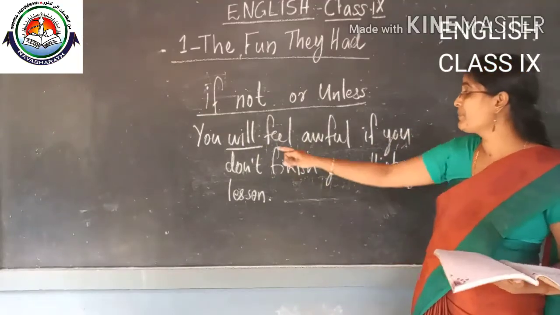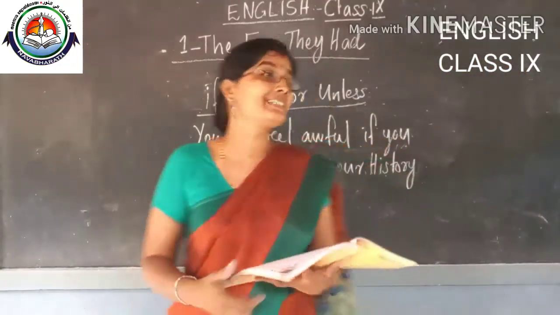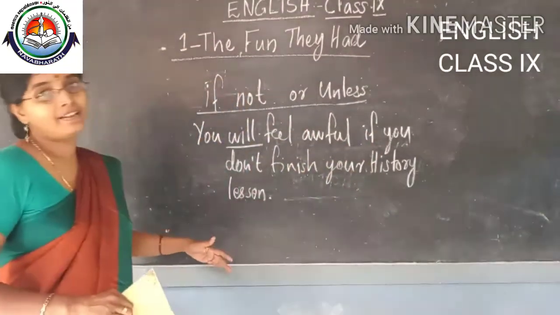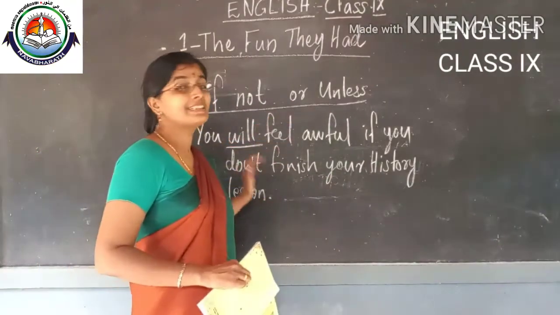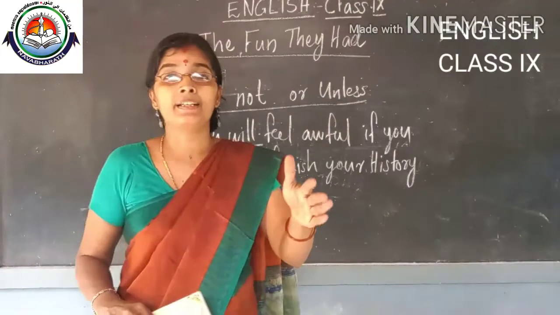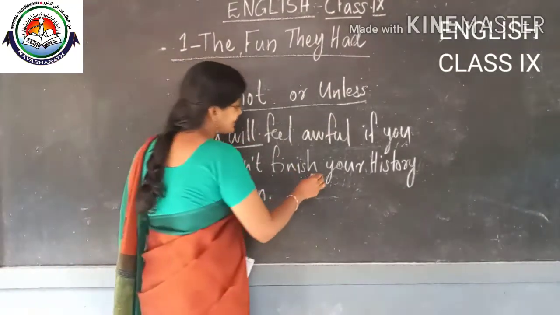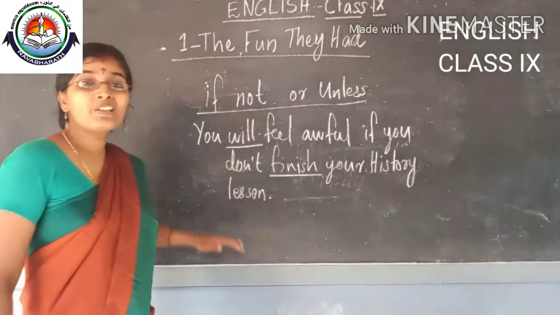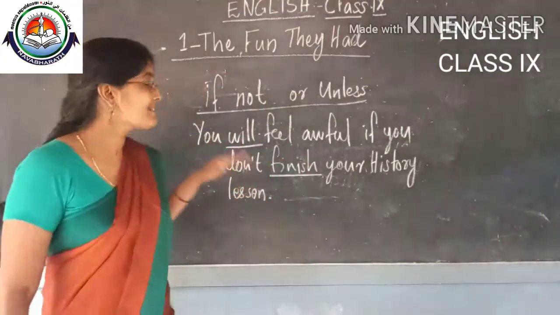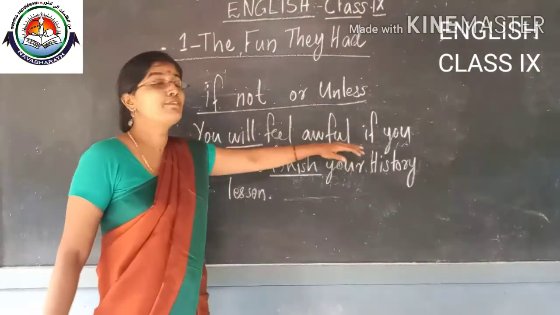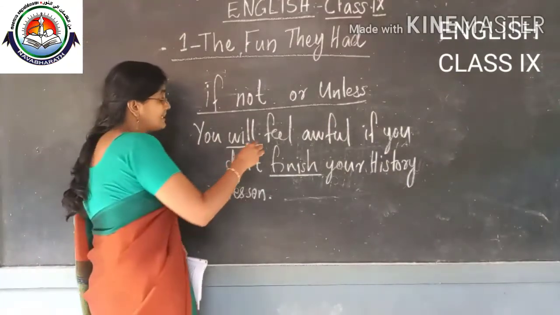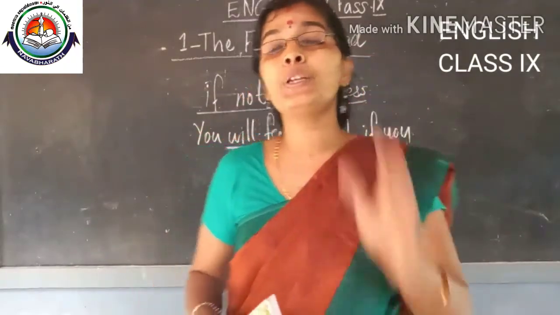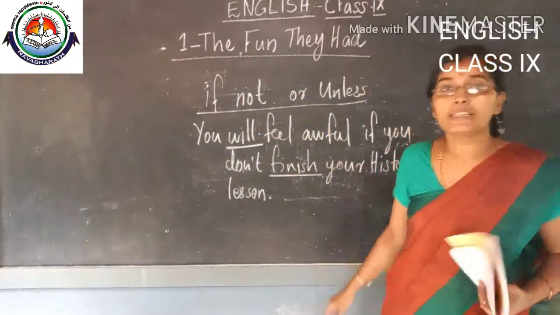Okay? The first part is telling about a possibility. This may happen if this is not done. That's it. The second part is telling about a condition, and you are going on with a present tense. The verb is in present tense in the second part which states a condition, and the possibility is said in the first part, which carries a future tense word. Hope you understood the difference of what we are doing and how we have to use all these things.